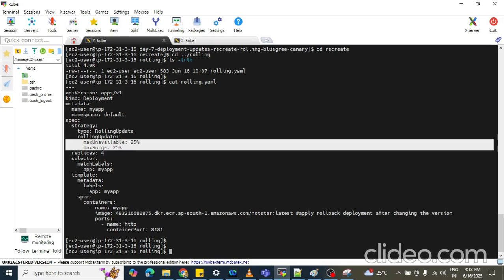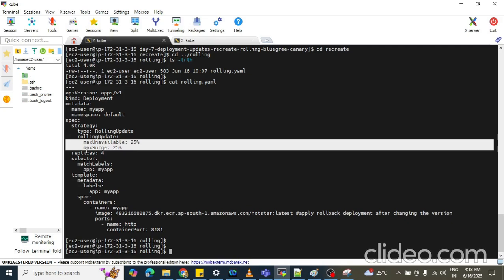If we have 4 pods, then one pod is going to be temporarily down. That is the meaning of 25%. So we are ensuring that a maximum capacity of 75% will stay up.